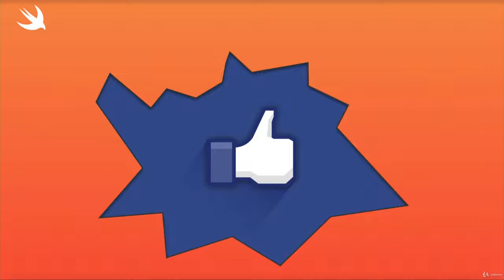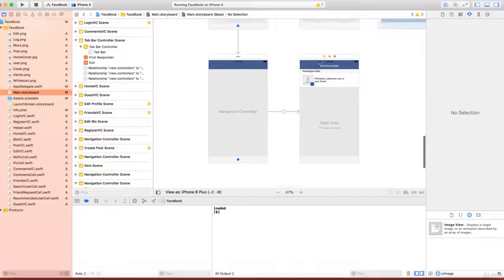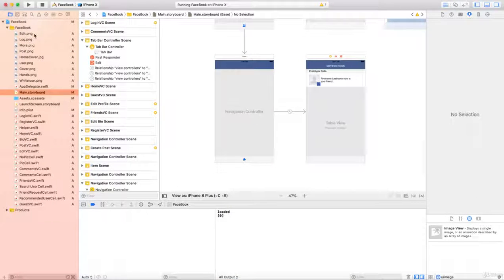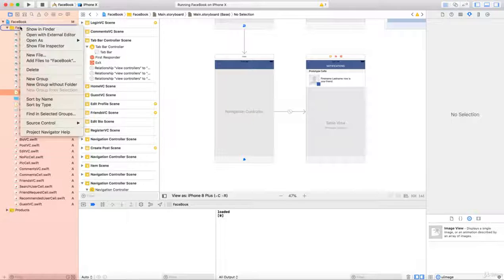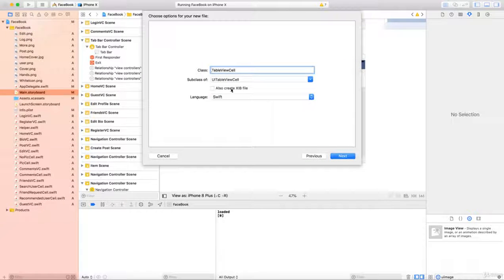Okay guys, now we will be working on the coding part. Let's come back to our Xcode. In order to code and program the user interface of the notification screen, we have to create a dedicated class for this screen. So I right-click on my project folder, then select New File, Cocoa Touch Class. It will be of type UITableViewController, and I'm gonna name it